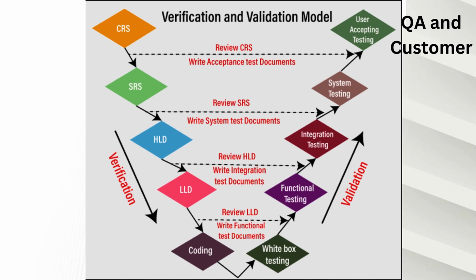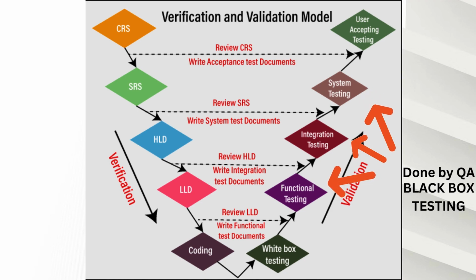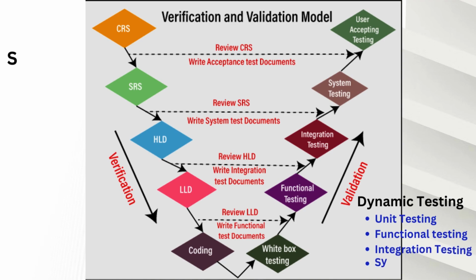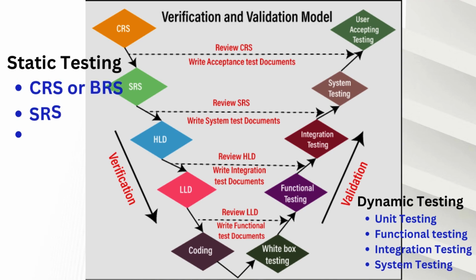The testing performed by the QA team is referred to as black box testing, while the testing done by developers is called white box testing. This dynamic testing involves unit testing, functional testing, integration testing, and system testing, whereas CRS, SRS, HLD, and LLD fall under static testing. In the VNV model, the testing team is involved from the beginning, starting with the preparation of